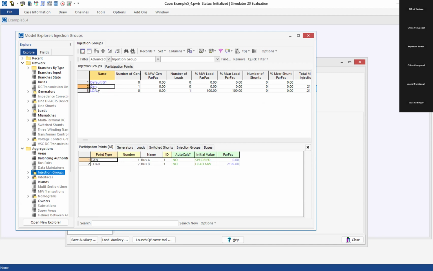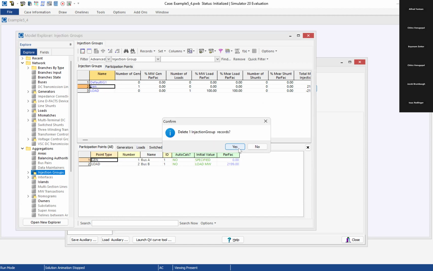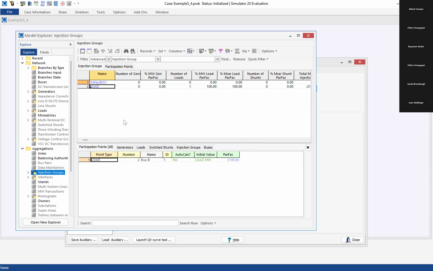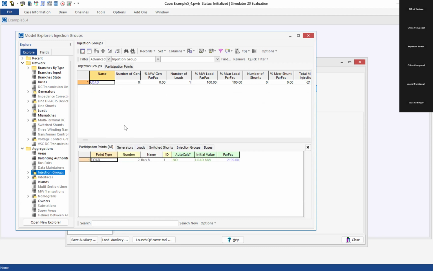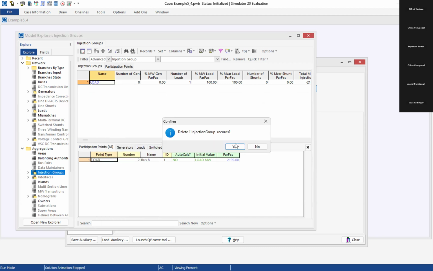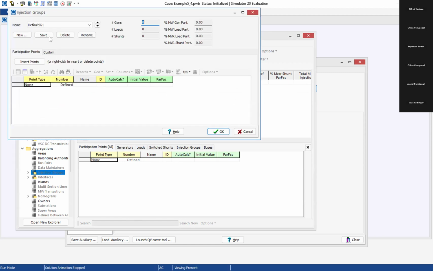I think I see what I did here. So I think I need to have a participation point declared for the load before I add it to my injection group, so that makes sense. So we selected participation is 100% already. So when you have both, then